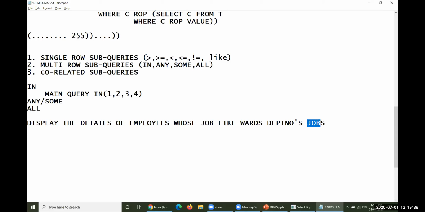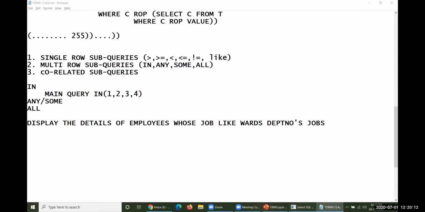To get these particular jobs, you are expected to take this particular department number. Where should you get this department number? By taking the reference of the one particular department he is working with, and the department might be either 10, 20 or 30. So you have to take that particular department. This department will give a certain number of jobs here. For example, it could be the specification.